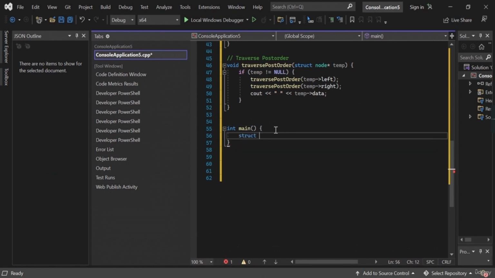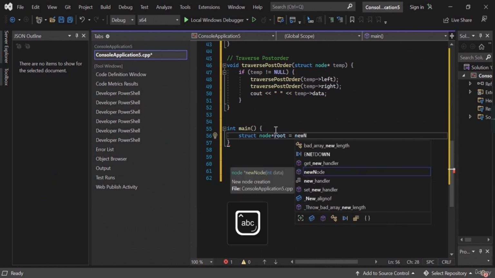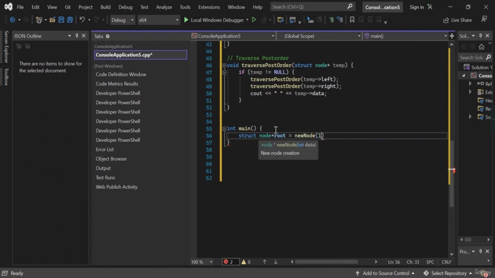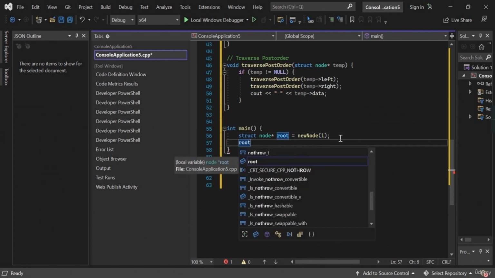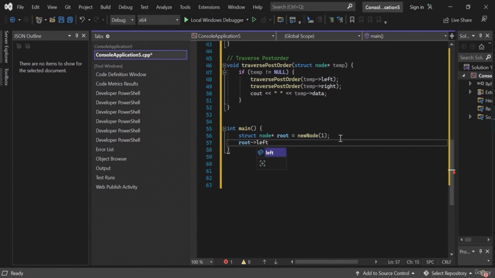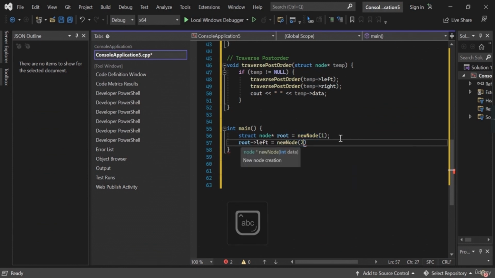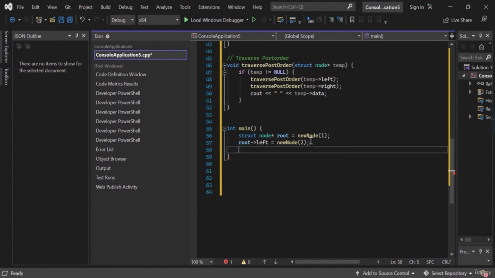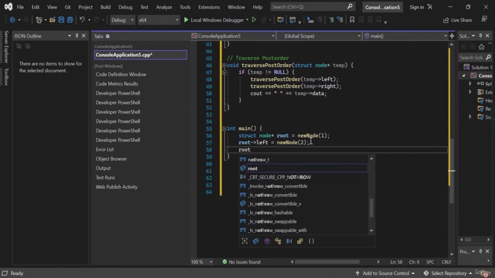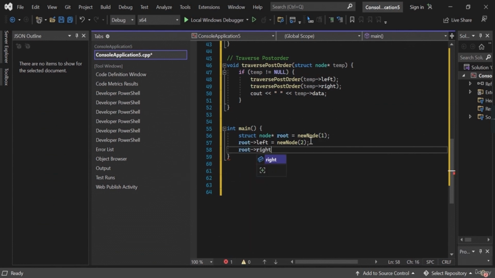So call the structure node by pointer to root, then new node 1, then root is equal to left, new node 2, then root is equal to right, new node 3,